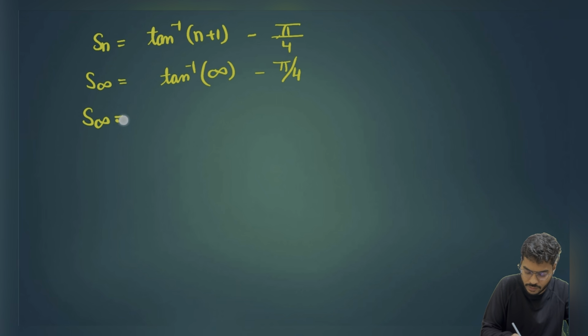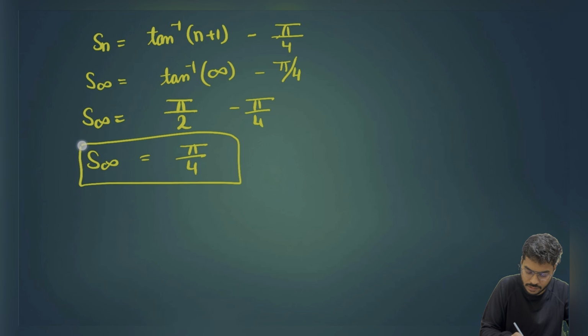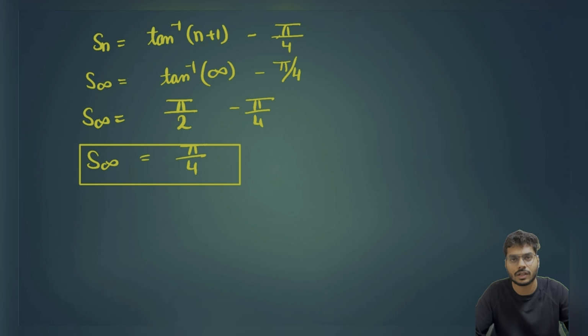What is tan inverse infinity? That is pi by 2, or not? So pi by 2 minus pi by 4. The answer will come as pi by 4. 90 degrees minus 45 degrees is nothing but 45 degrees. So I got Sn, and